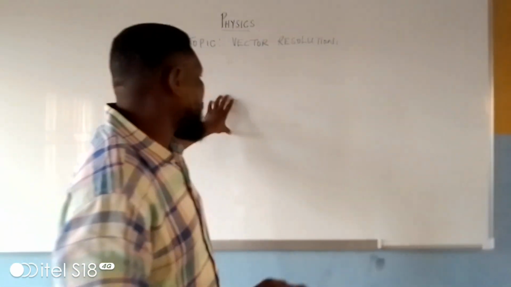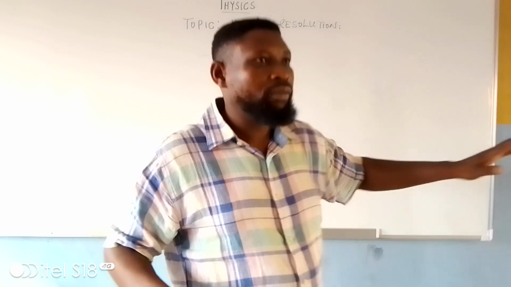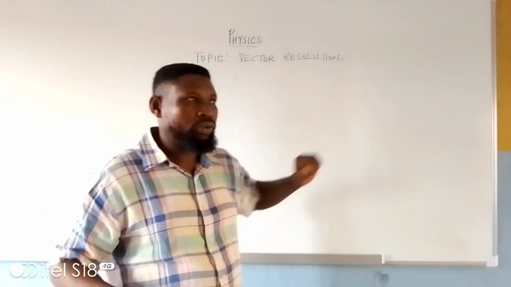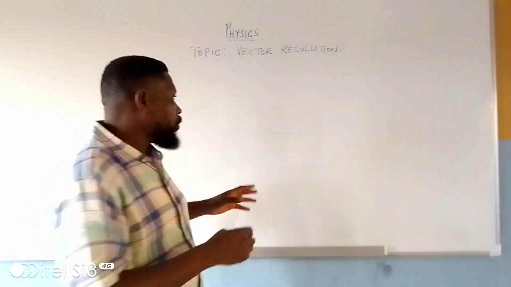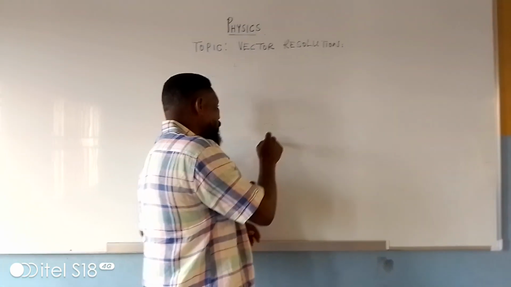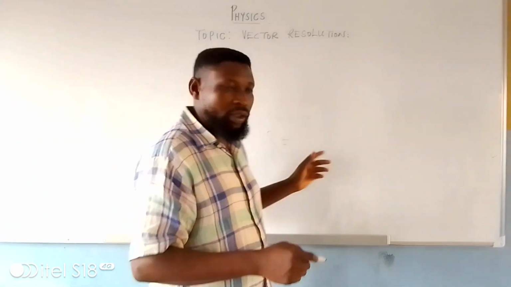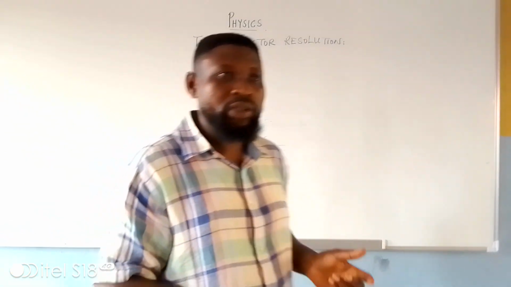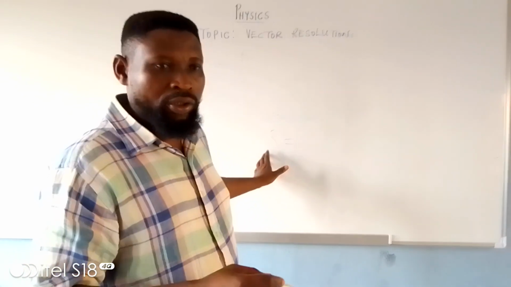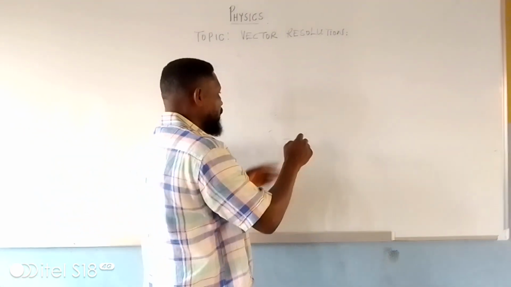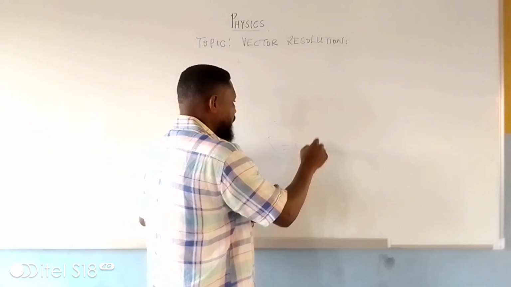You can see that these two forces are acting in the same direction. Of course, how do you resolve it? The resolution of these two forces can be denoted, where R stands for the resultant force, F1 is the initial force, and the second